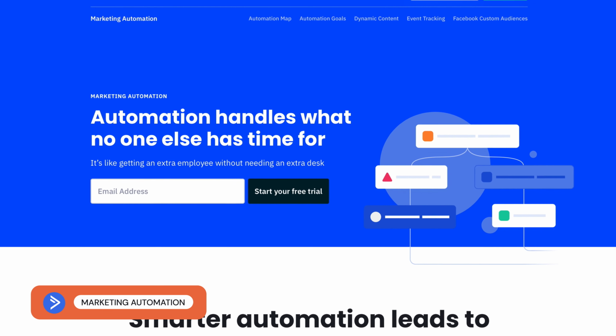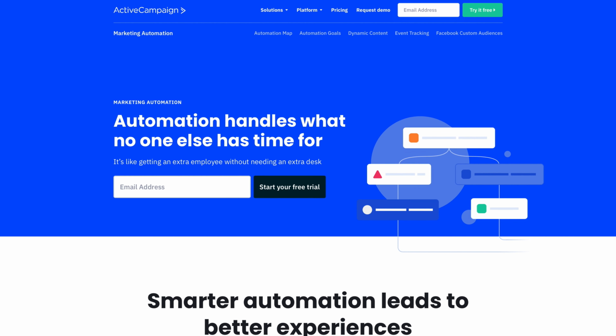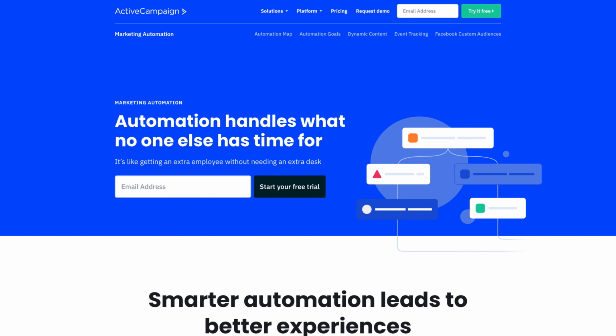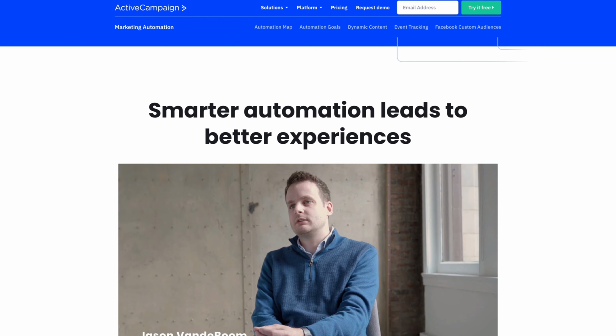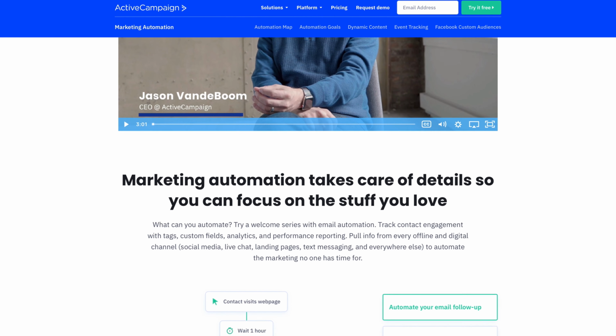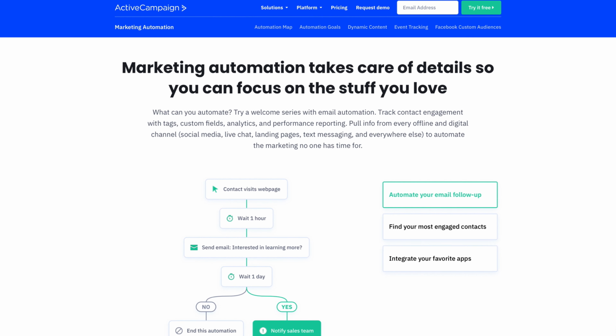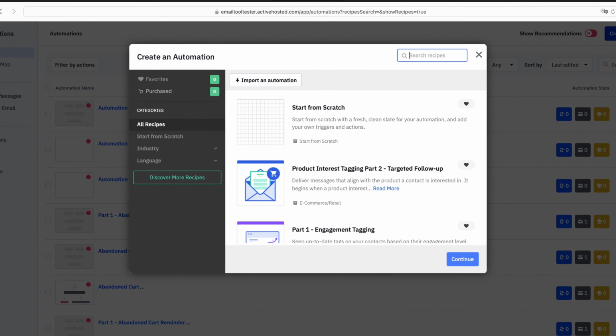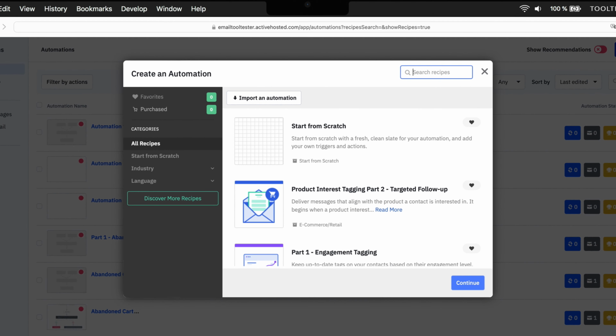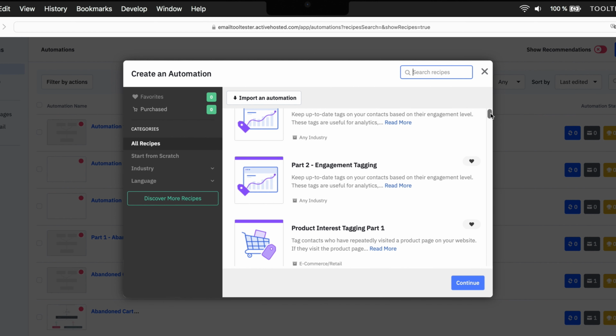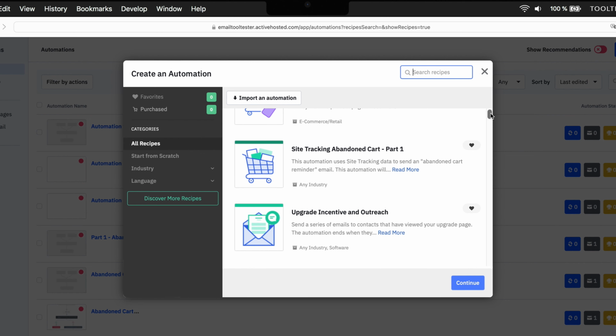As I said before, one of ActiveCampaign's highlights is its marketing automation features, which allow you to create both simple and complex automations for campaigns, contacts, and deals. Let's see what you can do. Once you create a new automation, you're given a host of templates that you can edit to fit your purpose. These range from welcome series to e-commerce automations, so you won't be stuck without ideas.